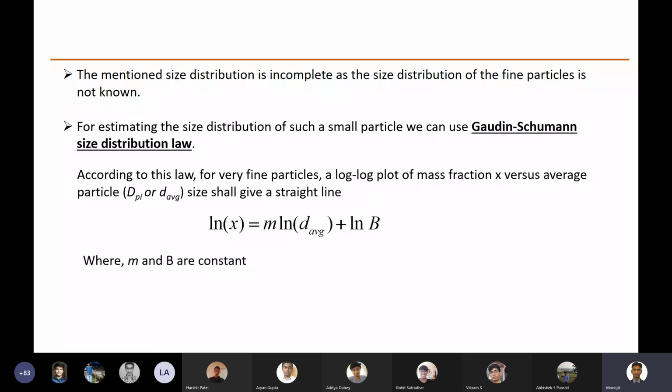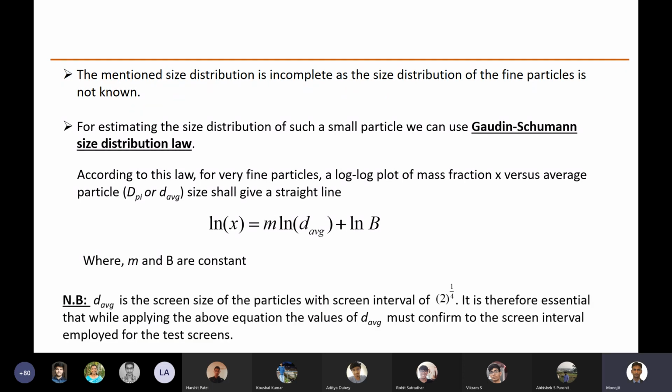So how did he come to this conclusion? He took different mixtures of particles and did a statistical analysis, and it was observed that most of the particles follow this distribution for a specific range and for a specific type of materials. It's not universally true, but it is one of the famous ones which is observed to be true for most of the materials.